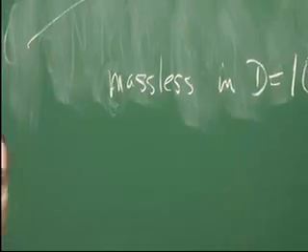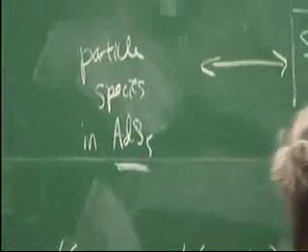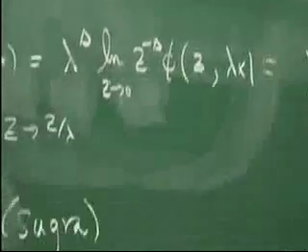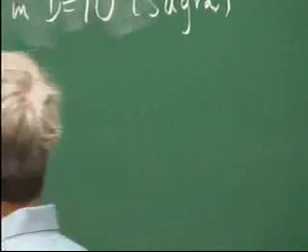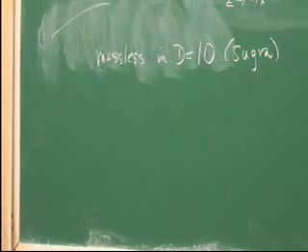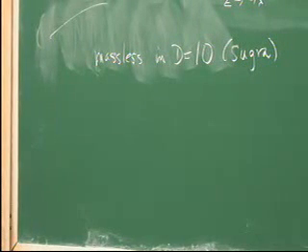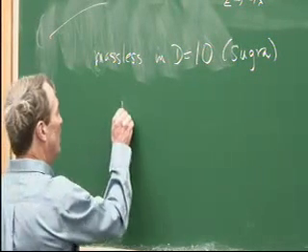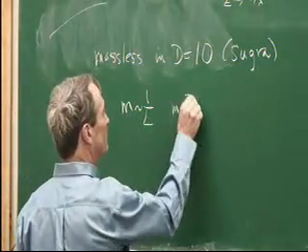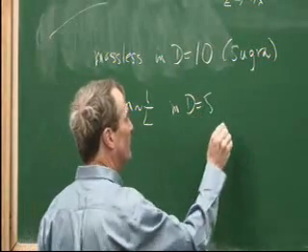Tom got tired of reminding me that whenever I write this formula, it's m squared L squared. The fields which are massless in 10 dimensions only get mass from the curvature, essentially, of the AdS space and the S5, and have masses of order 1 over L in D equals 5, so the Kaluza-Klein states,